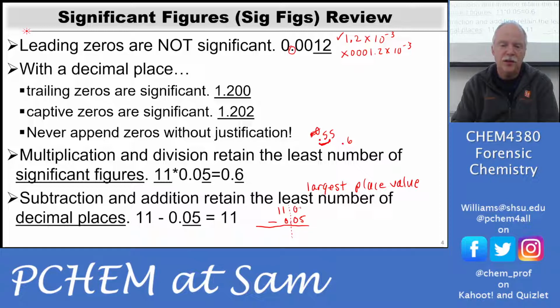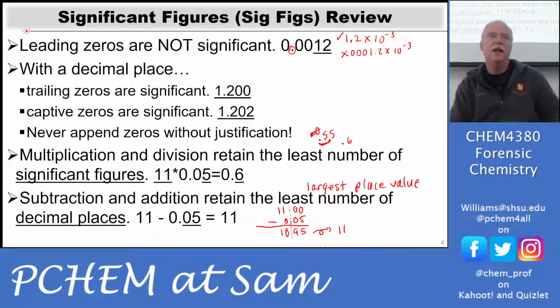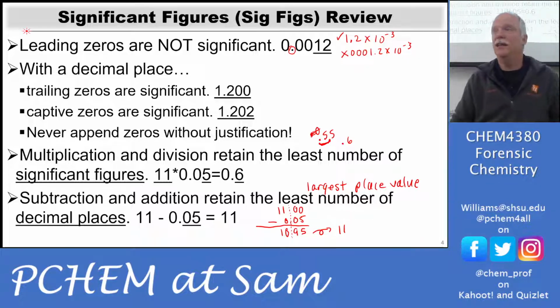Okay, and so I go ahead and do the subtraction. I borrow that 1 from the 0, and it makes it a 9, makes this a 0. Okay, so I've got 10 minus 5 is 5. Then I bring down the 9, that's a 0, and that's a 1. Okay, but then this dashed line tells me where to round, and so it rounds back up to 11. And so I really don't know that I've subtracted anything. That feels weird, but it's true.